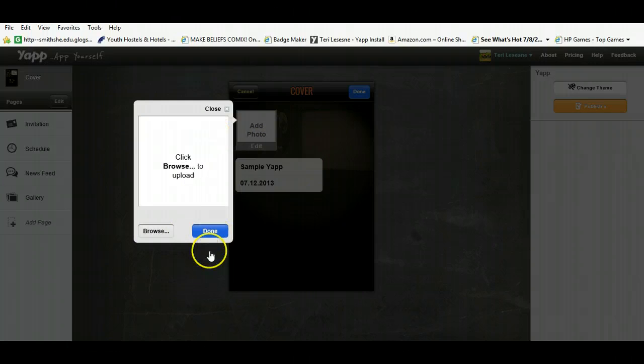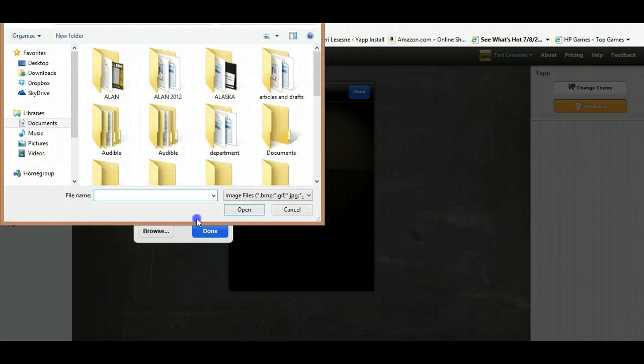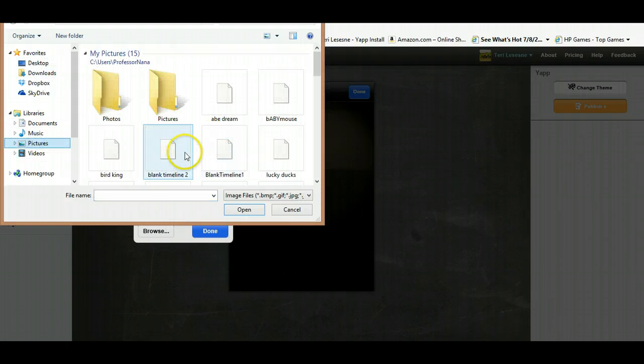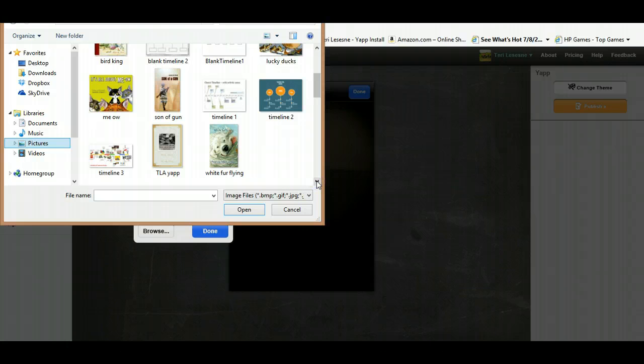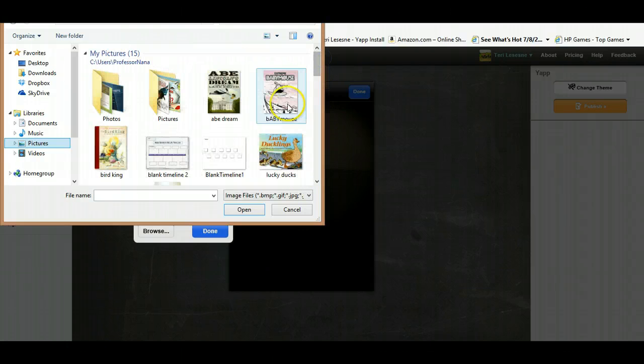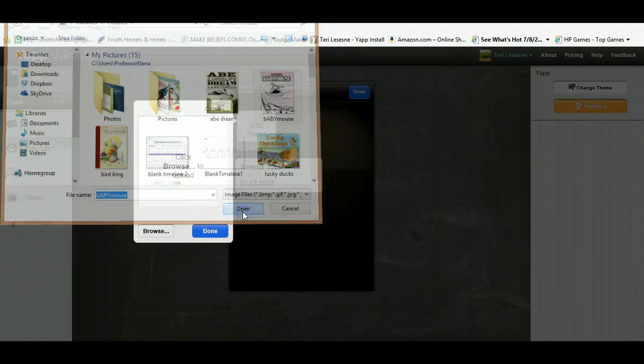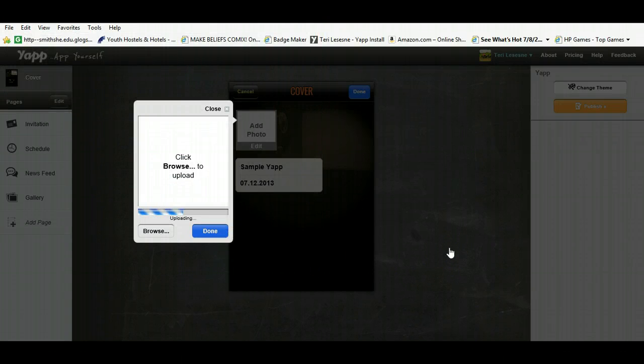And doing that is really simple. You see, you get the dialog box right here. It says Browse. And so I'm going to go to a folder that has some pictures in it. With any luck, they'll show up. And choose to insert a particular photo right there. So I think the one that I'm going to use is Baby Mouse. And hopefully that will upload. You'll see the little status bar there that tells you that it's uploading. And when it's done,